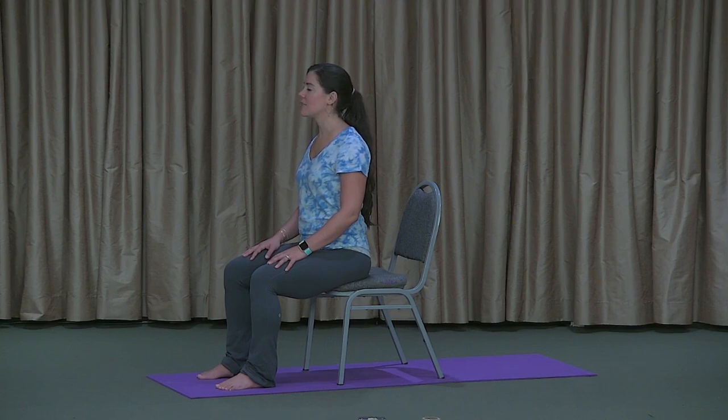Once you've finished that fifth or so cycle and you're ready to return to normal breathing, do so with your next inhale. Just allowing the breathing to return to normal, although you may notice that it's a new normal now. And we'll begin with our release of the physical body now, doing a little bit of coordinated neck and shoulder